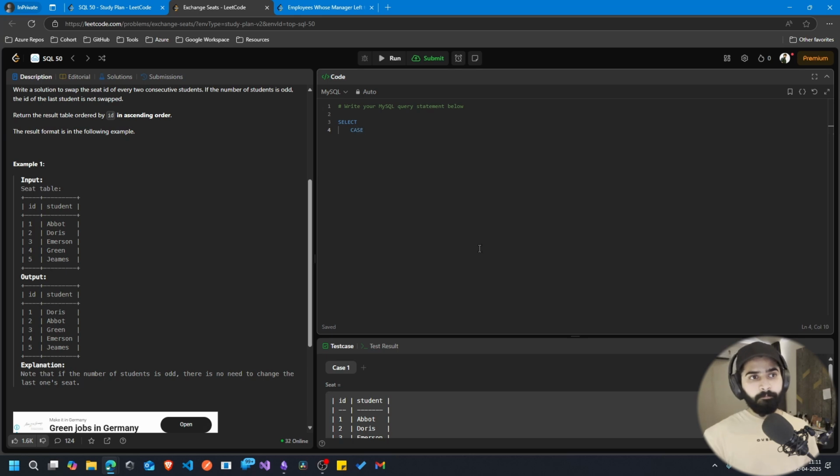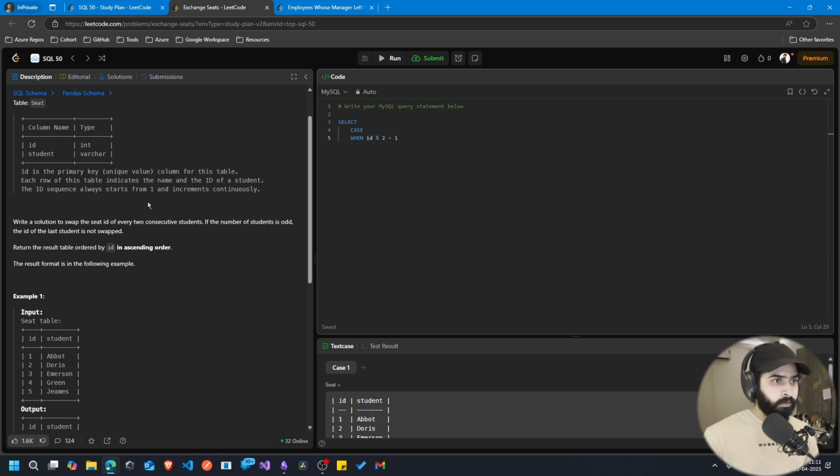Case, when we have ID mod 2 equal to 1, which means this is our odd ID on which row we are, okay. And these are auto increment, right? Okay, and increment continuously, perfect. When this is odd, and